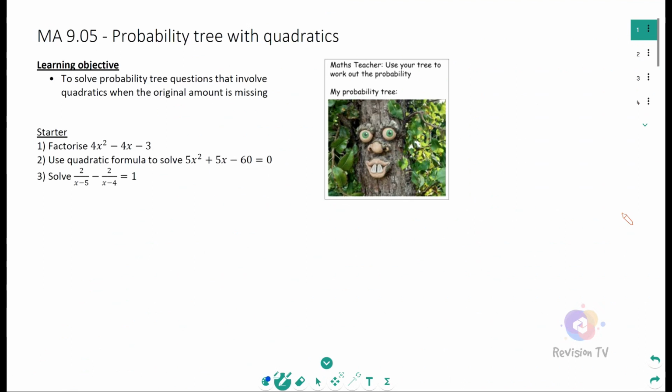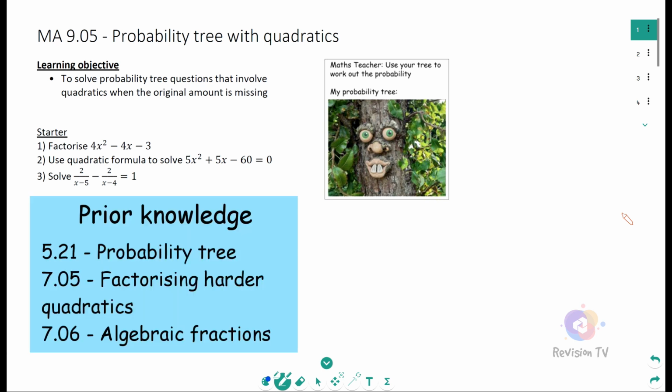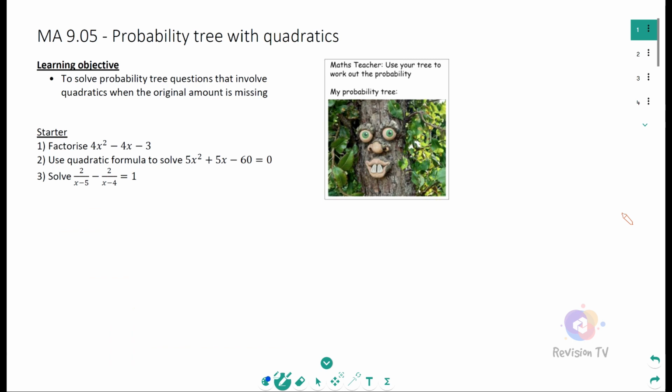This lesson is another grade 9 topic about probability tree, but with quadratics. Now, you must be very good at tree diagrams, first of all, and also solving quadratics and algebraic fractions. We're going to combine all of these together, and it's not a surprise why it's a grade 9 topic, right? So, the learning objective, there's one learning objective, which is to solve probability tree questions that involve quadratics when the